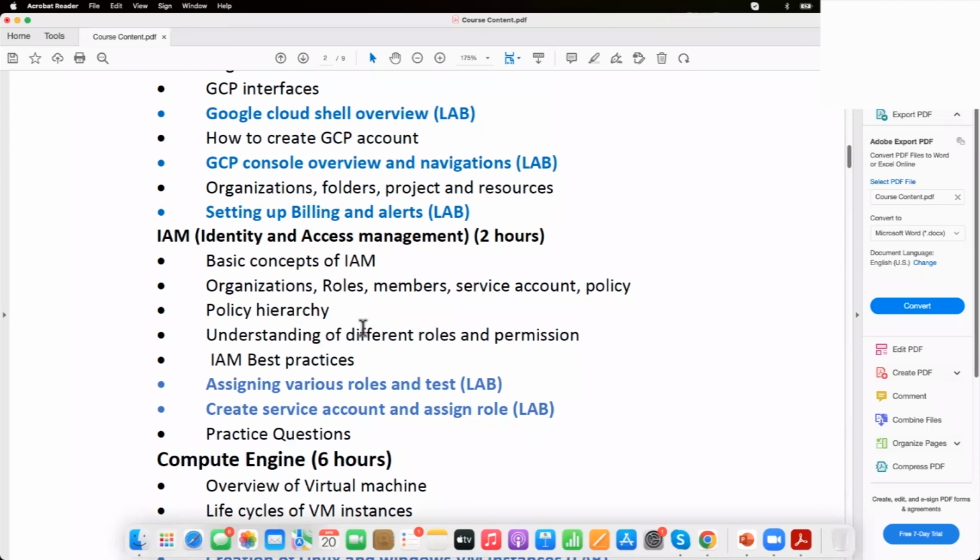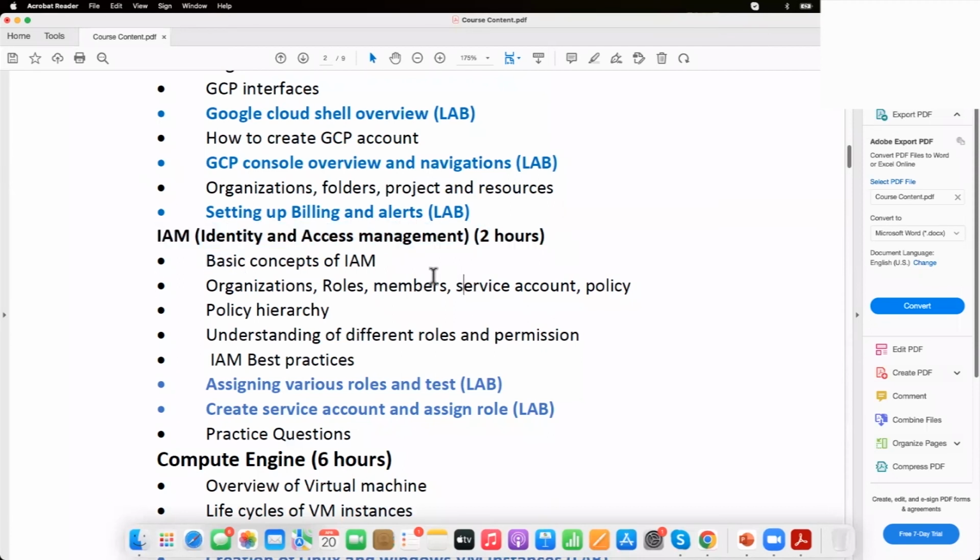There are major areas: compute, storage, and networking, then database and Kubernetes. These are the 5 areas we are discussing, not the services. Under every area there are multiple services we are discussing. But for an architect exam, you need to focus on those areas, and the perspective is different. That's all I can say. I can't really say the percentages. Okay.